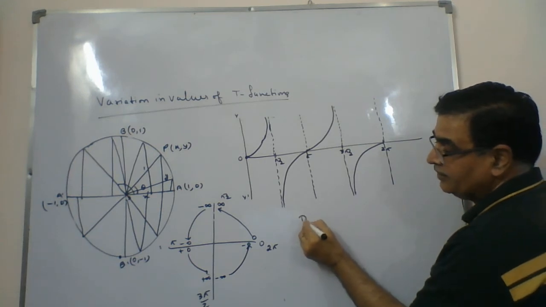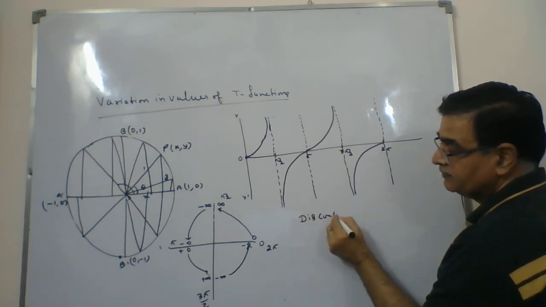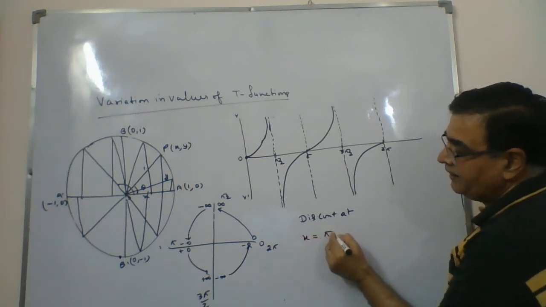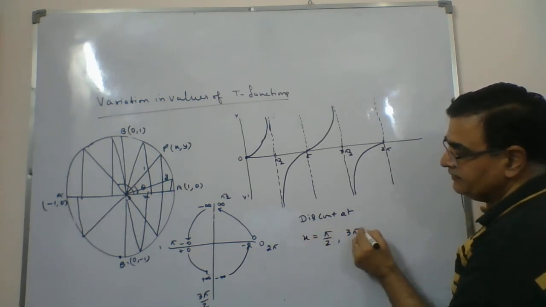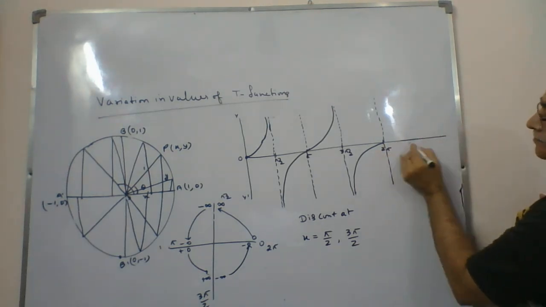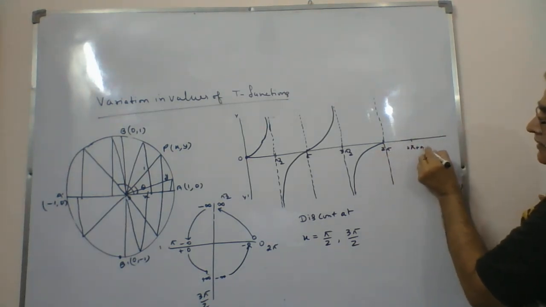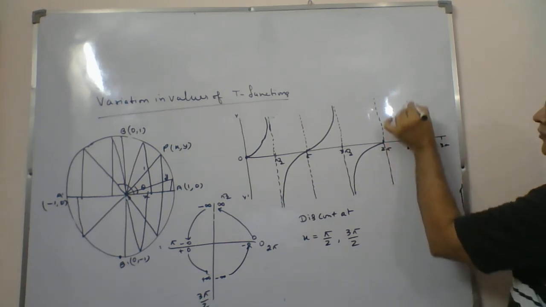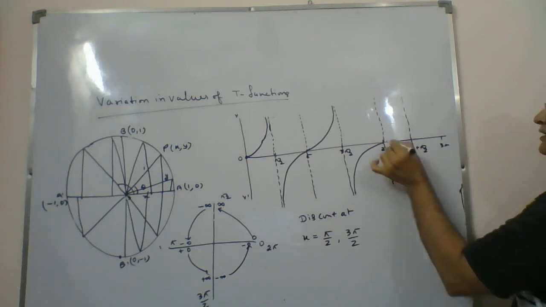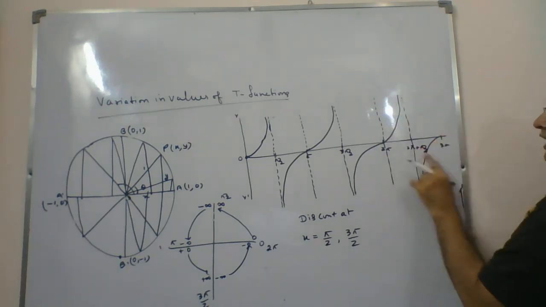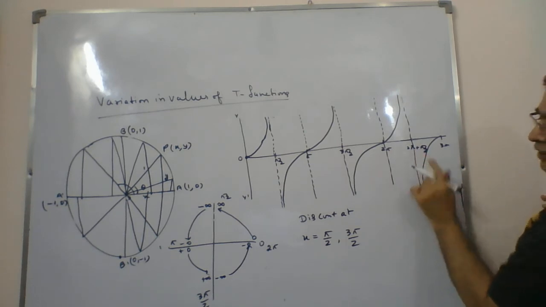So this way you will have your tan theta graph, where it is broken at pi by 2. This is discontinuous at x is pi by 2, x is 3 pi by 2. If you go further, this will come at 2 pi plus pi by 2, then it comes out to be 3 pi. So when you solve it or just plot it, this graph goes like this again, and then it goes like this. So at 5 pi by 2, it is going to break.